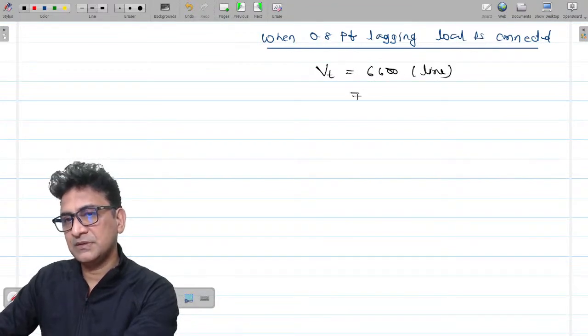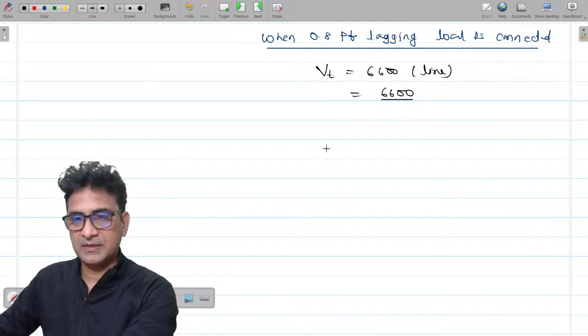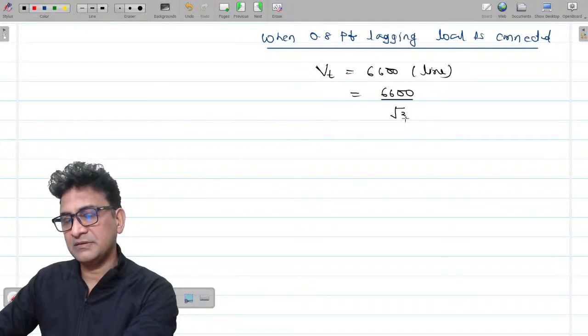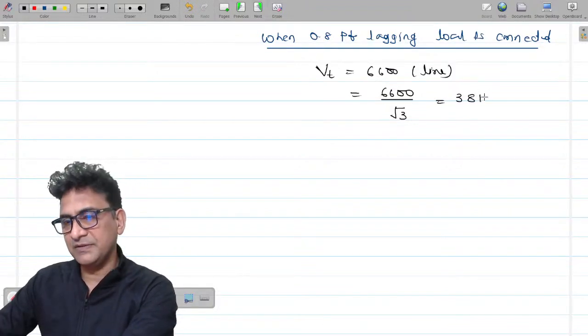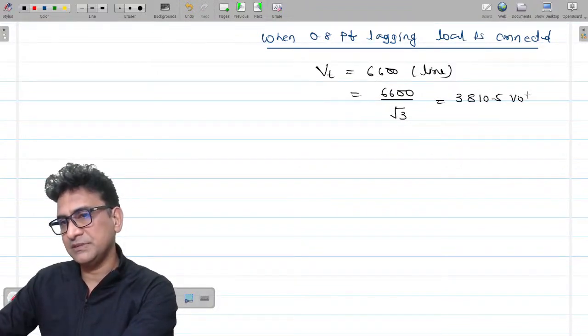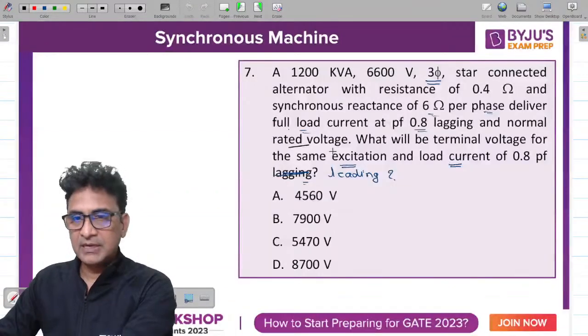So in case of a star connected alternator, I will divide it by √3 to find the per phase voltage, because the formula is applicable only to per phase quantities. So it is 3810.5 volt. This is my per phase terminal voltage, and